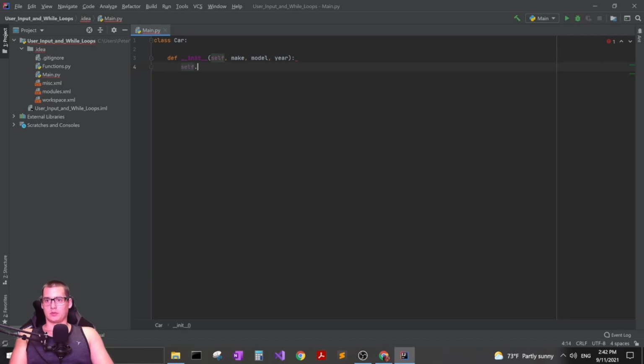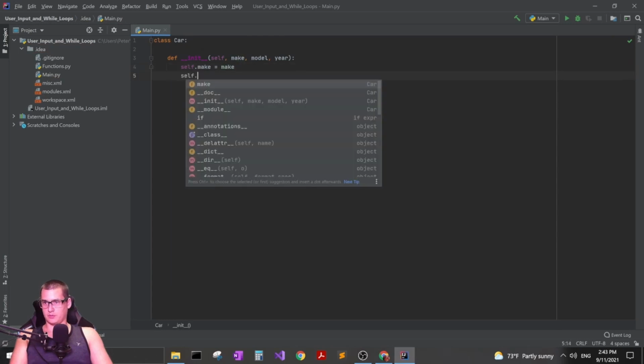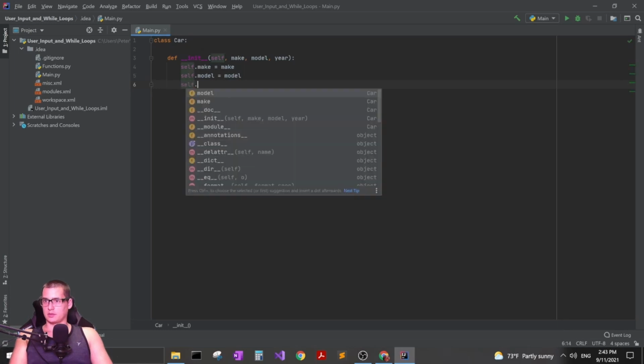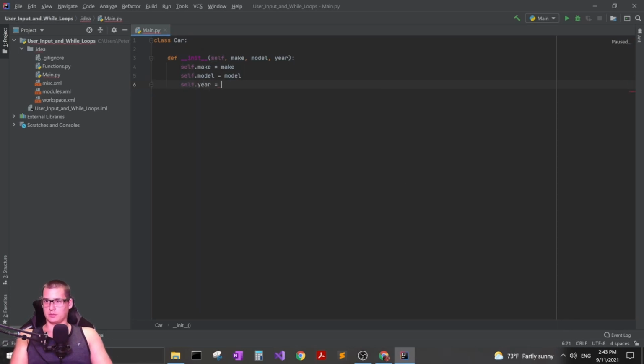And then of course we're just going to do self.make equals make, and then self.model equals model, and then self.year equals year. That way we can pass along the information that we want. And then we're going to create one more